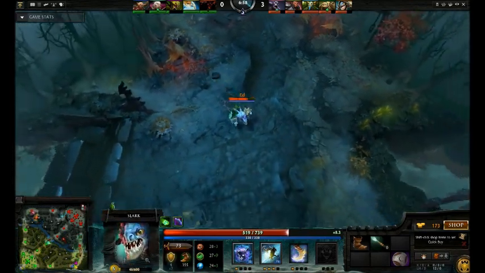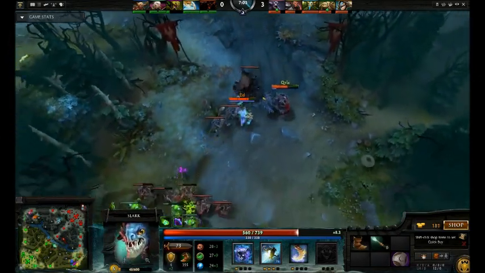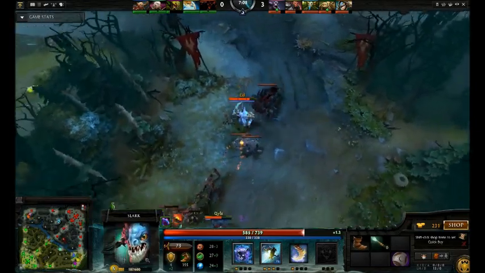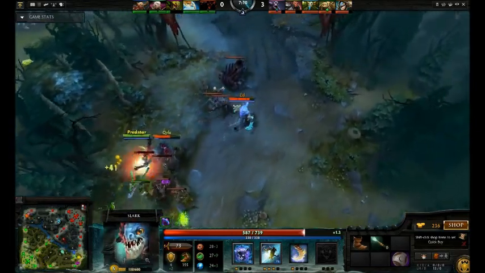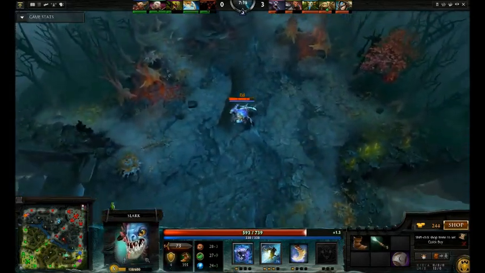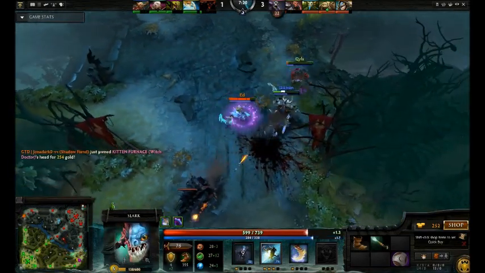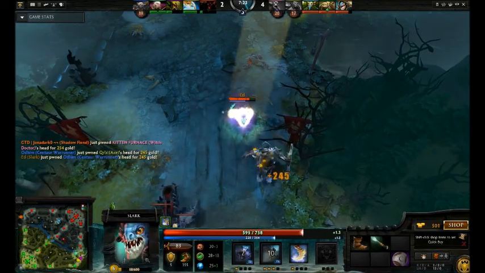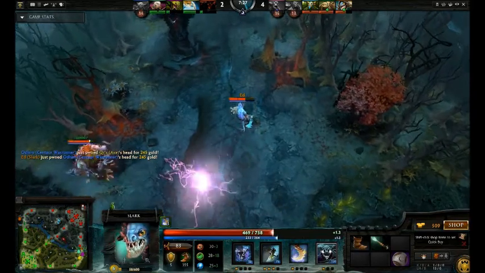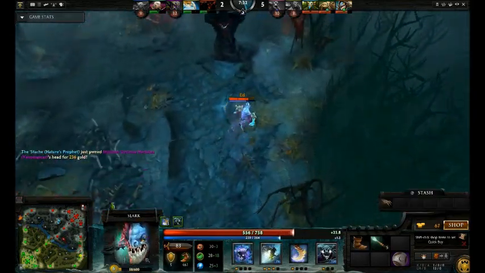Which leads me to my next item that I'm going to discuss building, which is phase boots. A lot of characters benefit from power treads. Almost every character can benefit from treads because of the movement speed, the attack speed and the stats. But I feel like phase boots are a better idea for Slark because of the fact that... There we got a nice little kill there. Should have got there a little earlier and maybe my guy would have stayed alive. But anyway, with phase boots,